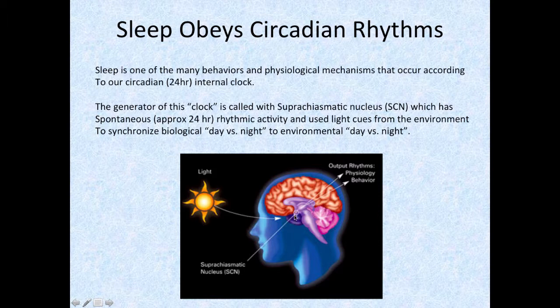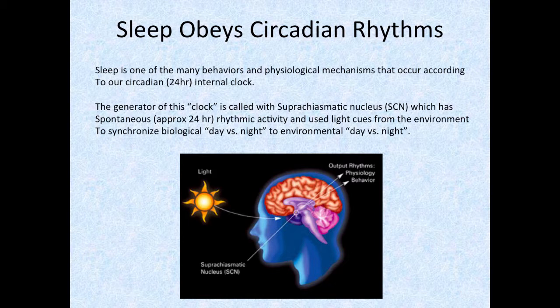Now, this SCN has spontaneous rhythmic neuronal activity around a 24-hour cycle, and it uses light cues from the environment to synchronize its spontaneous activity so that you can synchronize your biological day versus night to your environmental